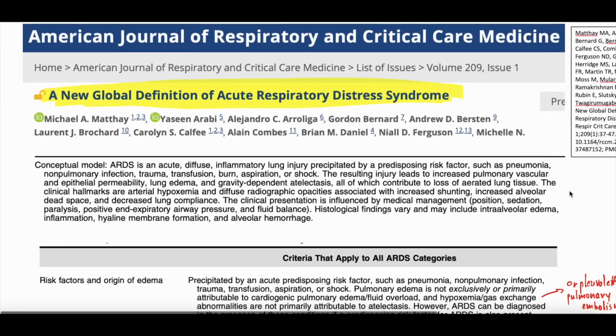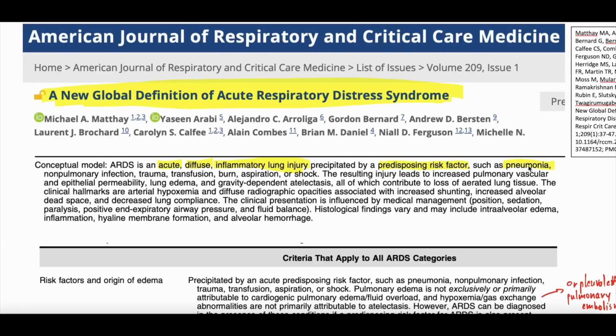And they talk about a lot of things in this article, and we took a few snapshots of different things from the article. We wanted to start, though, with just this little blurb about ARDS. And again, this is something we've covered in other videos related to ARDS, so we're not going to dive into it as much here. But ARDS is an acute diffuse inflammatory lung injury, right? So it's acute in nature. Berlin criteria said that's less than 7 days. It's diffuse, affects both lungs. Inflammation precipitated by some predisposing risk factor.